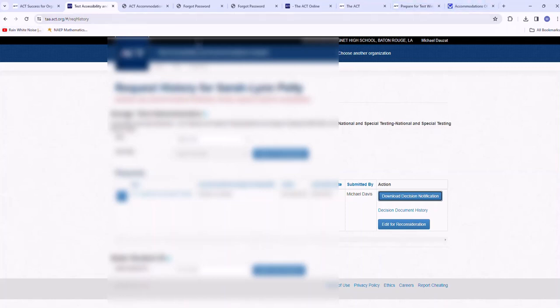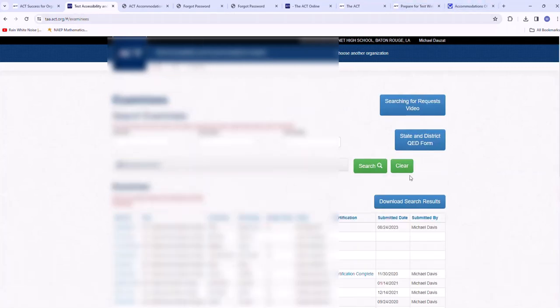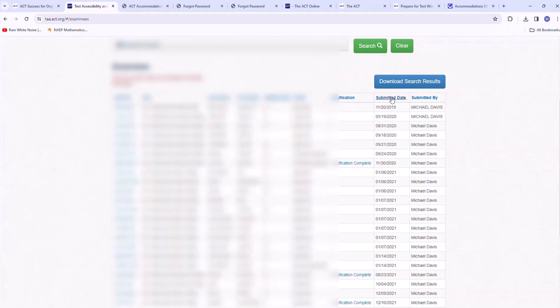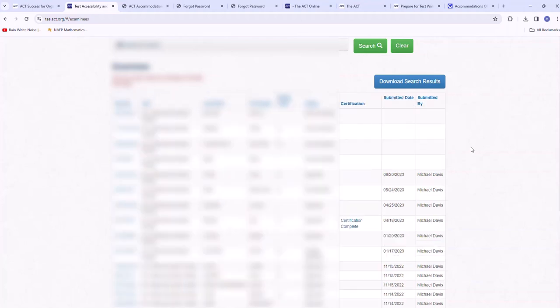But I'm going to go back to this school and I'm going to click on submit date just to change the date form right here. All right. So it looks like that school has not uploaded any documentation for state testing.